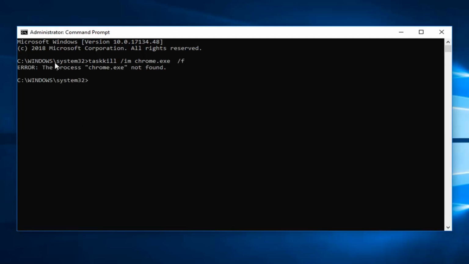So in the event that the process is not found, this was just purely an example here, but if you did have a process in Task Manager that was currently running, you should be able to terminate it. However, it's not actually open right now for Chrome, but if it did, it should say it has been terminated, and it should just go through with a few different lines of code, and that should pretty much be about